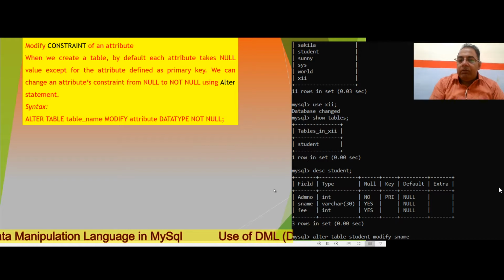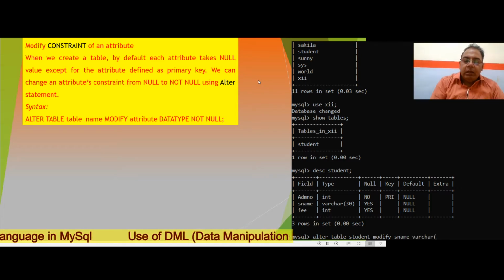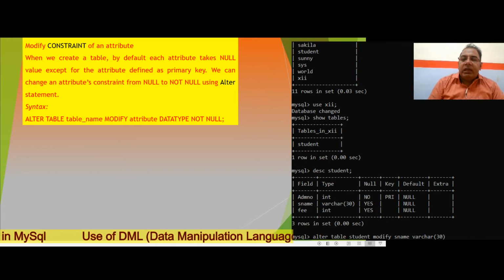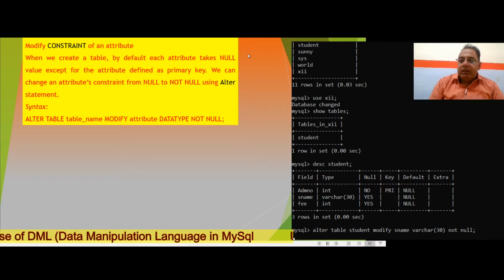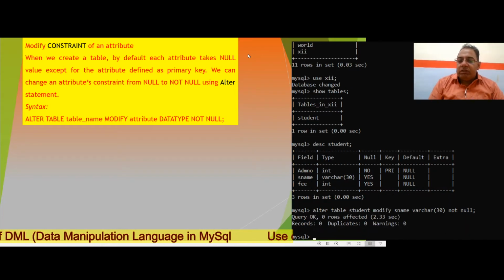After that I will give the attribute like this one, sname, then its data type varchar, and after that I will write not null, then put the semicolon at the end and press enter.